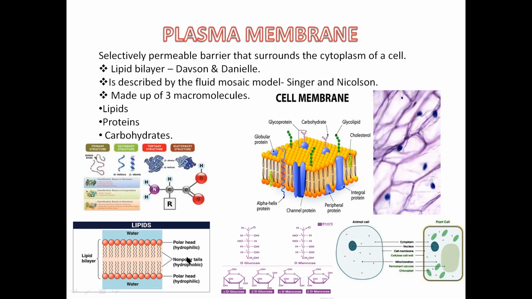One is polar and the other is non-polar. This is the polar part, meaning the outer side is polar, so that's why it dissolves in water, while the non-polar part is present in between. This is the tail-like structure. The nature of the tail is non-polar, so it is not soluble in water because it is hydrophobic. So it is the basic structure of lipid. Actually, we want to discuss the basic moiety of proteins, carbohydrates, and lipids.